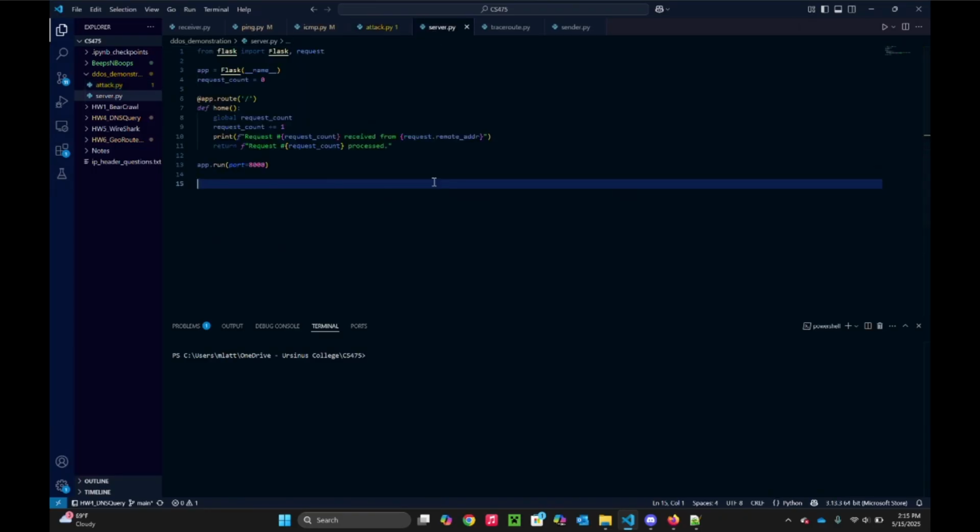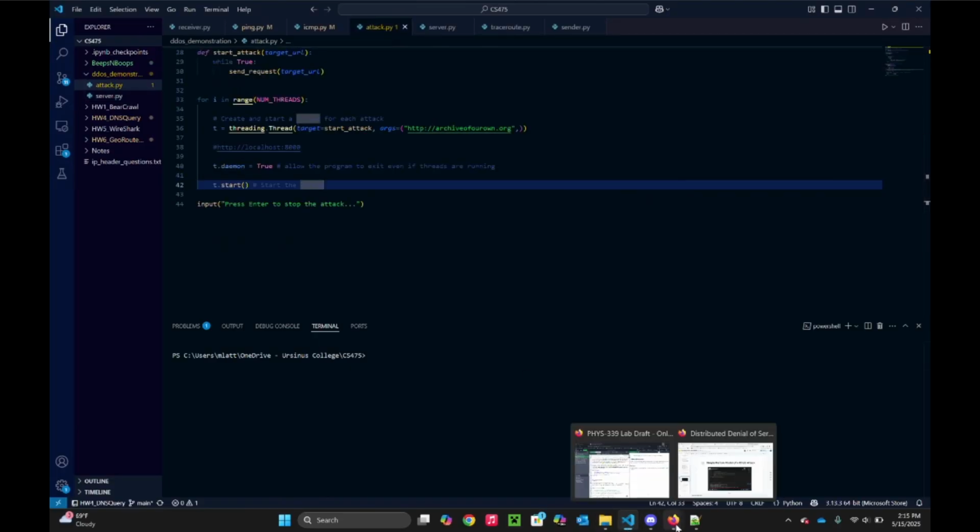And the server is just a little simple server that allows us to display what is actually happening in the attack. And so to go back,